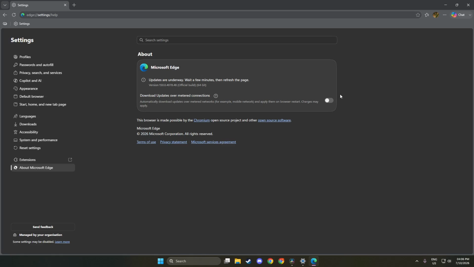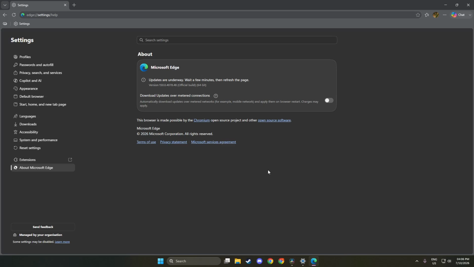Finally, when prompted, click Restart. This button typically appears once the update process is complete. You might see a message indicating that the browser needs to restart to apply the updates. Clicking Restart ensures that all changes are fully integrated into your browser. It is a simple yet essential step to finalize the update process. You will see your Edge browser close briefly and then reopen, ready for you to use.